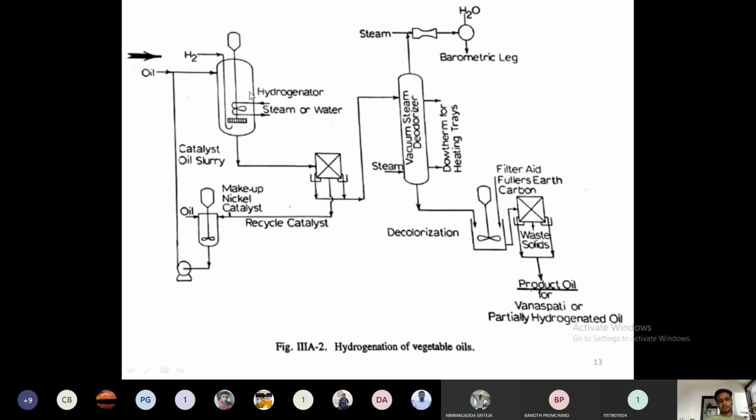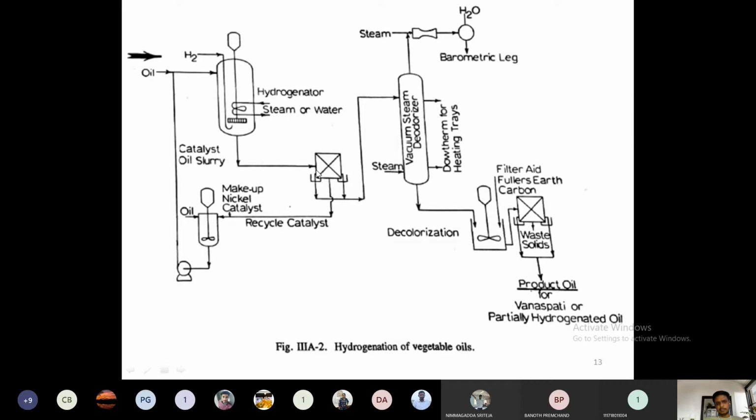After the hydrogenation process, how can we identify its completion? At each interval of time, we will collect an oil sample and analyze the iodine number of the respective oil. Iodine number is nothing but the amount of iodine consumed per gram of oil. So the iodine value will be estimated at each interval of time, and it is an indication of the number of double bonds present. As soon as we reach the desired iodine value, or desired hydrogenation, the reaction will be stopped and the whole batch will be collected